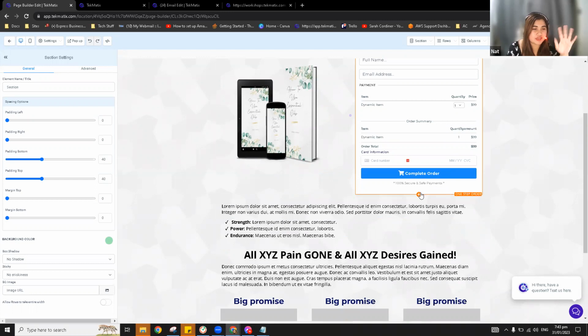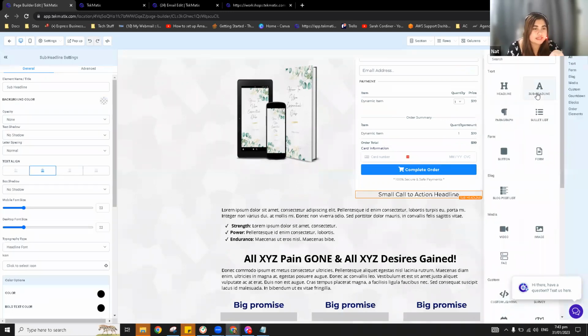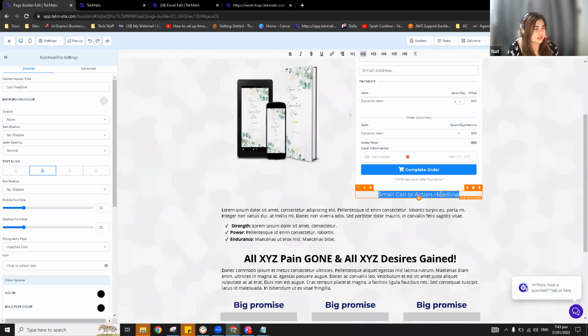So here, I think what you can actually do, please say something if you think this would be the right thing to do. You can add a sub headline here, and then you can put a specific wording. It could be